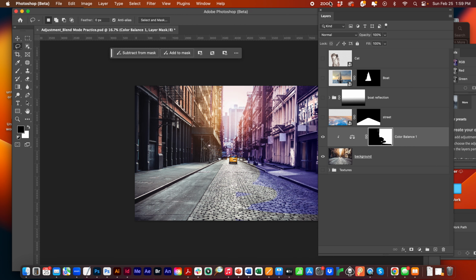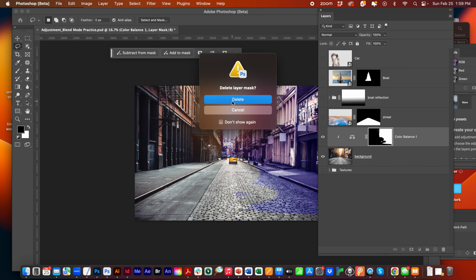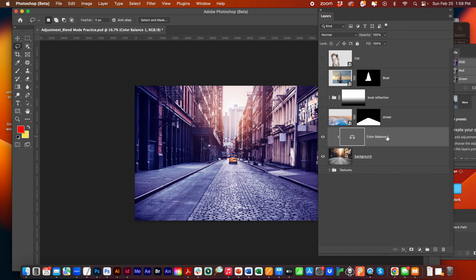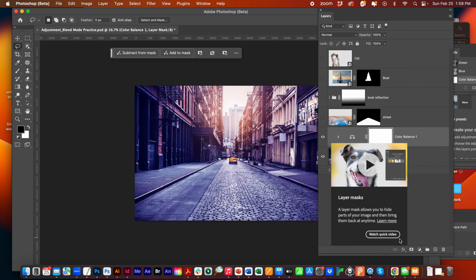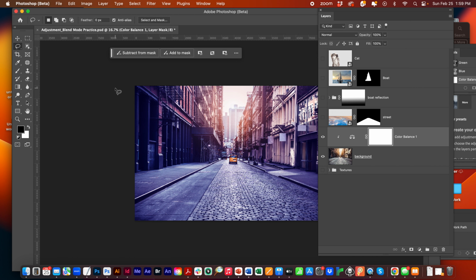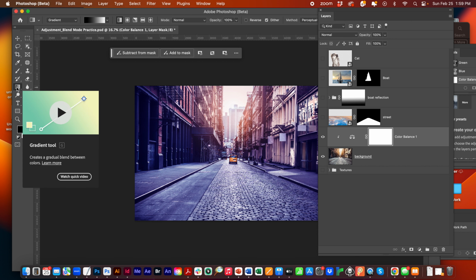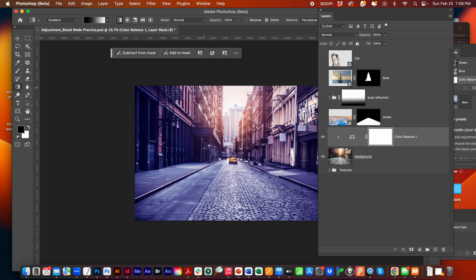Let's try one more thing. I'm gonna take that mask and delete it. I've still got my color adjustment layer. I'll grab a new mask by hitting the quick mask button. Here's one more thing. We haven't really talked yet about the gradient tool. If I am on a gradient, you can do any color gradients you would like. But if I'm on a mask layer and I click on the gradient tool, you'll notice this is where all